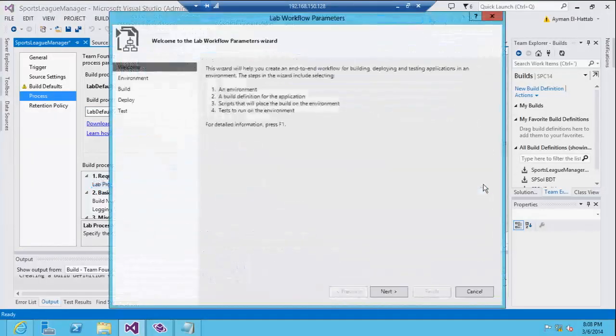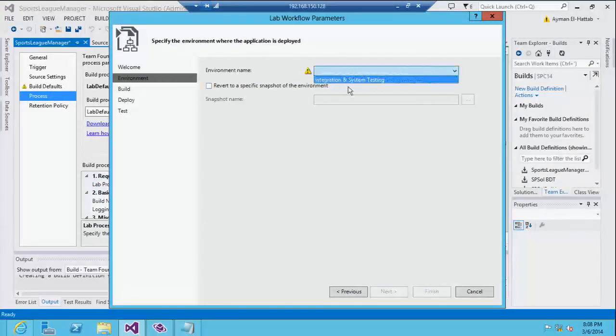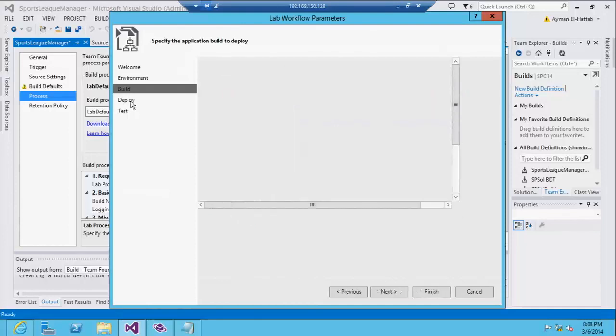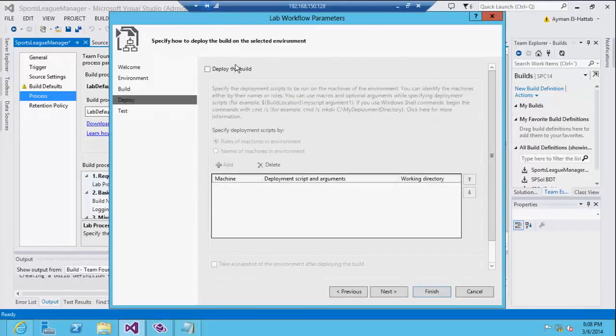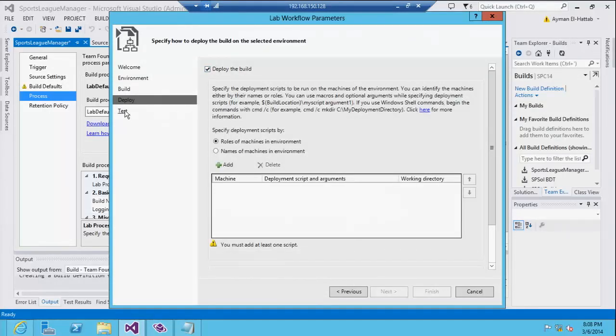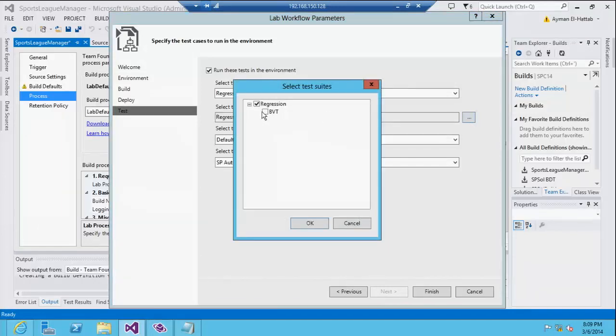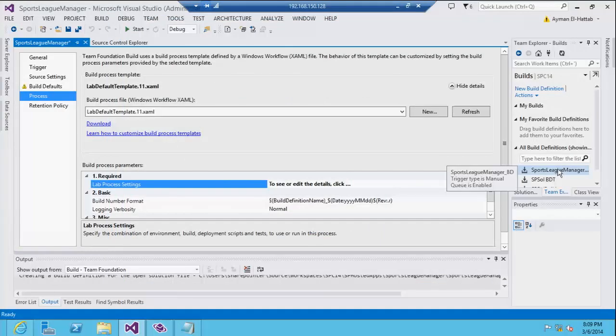You need to select the environment, choose your build definition, choose the build scripts to deploy the app. Click deploy. Okay. Then go to your test and choose your test cases. Here I have my build verification tests. Click OK, finish, and now you can run continuous integration. Okay? Thank you.